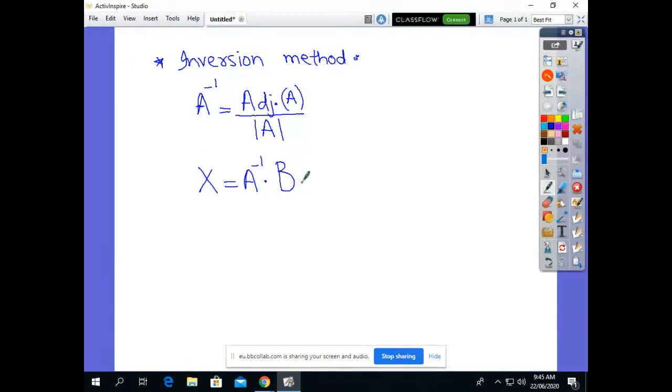Now our today's lecture is on Cramer's rule. How do we find the values of x and y? We find the values of x and y with the help of Cramer's rule. What is Cramer's rule? We see question number 1, part number 1, and solve the simultaneous matrix equations with the help of Cramer's rule.